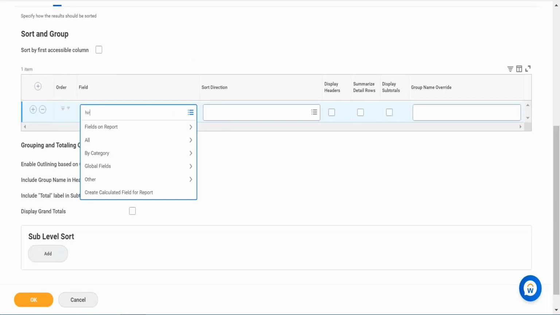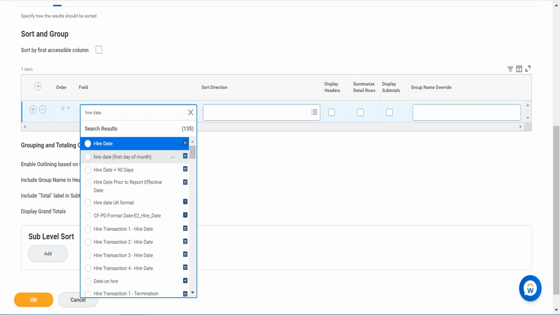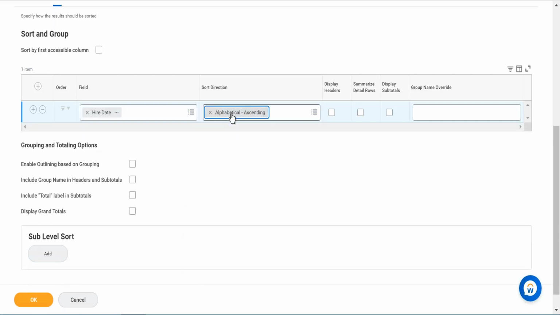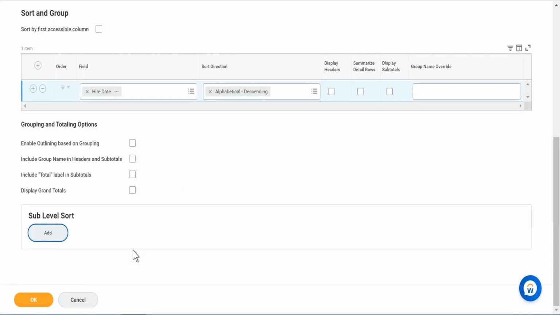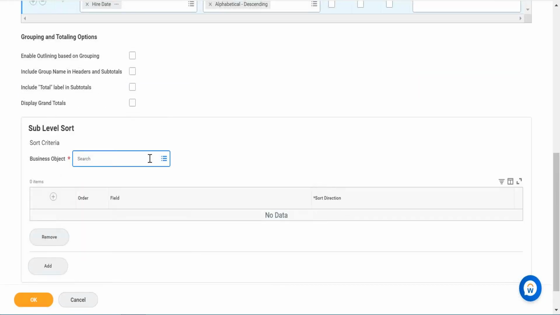So I want the hire date. I want to sort it based on hire date. I want people who have been hired most recently to come up here, so I'll do, sorry, descending here. My main requirement here is that I only want to see the amounts of the expense report in descending order. If you see, immediately when I open the sub-level sort, it asks me for a business object. It's not necessary that you can only sort based on the BOs you're pulling in the report. You can sort this report based on fields that are not on the report